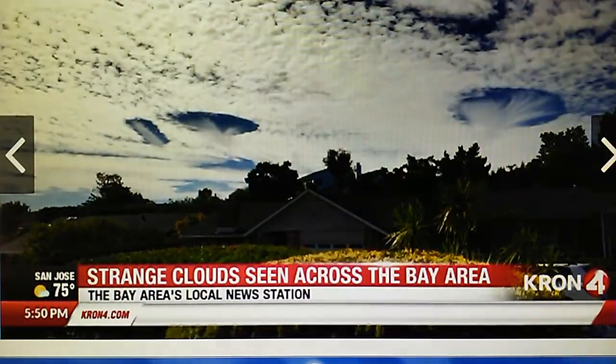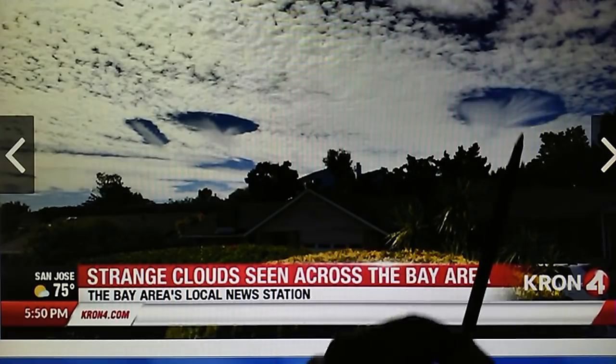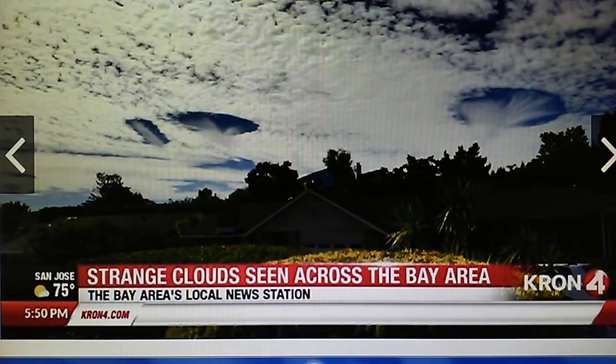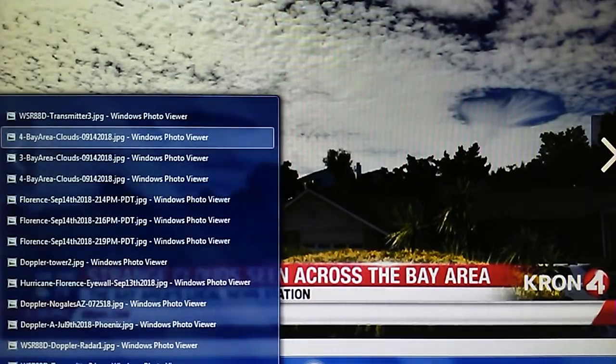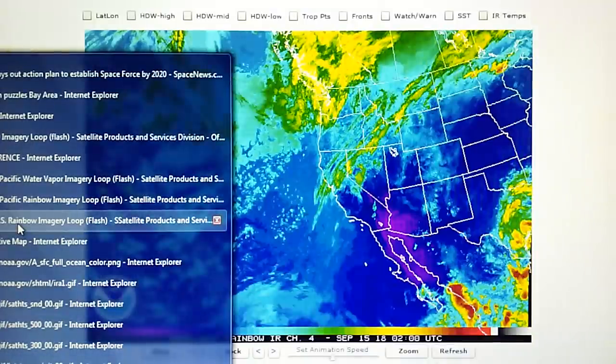So people in the Bay Area took pictures. Here's another one. We've got a hole over here, one over here. Chemtrails are showing through the hole. We've got reports on this channel of people seeing chemtrails in the Bay Area the last few days. So that's it. Now, there's some other things. I'm running out of time, but